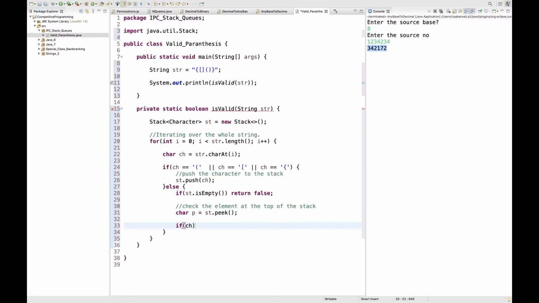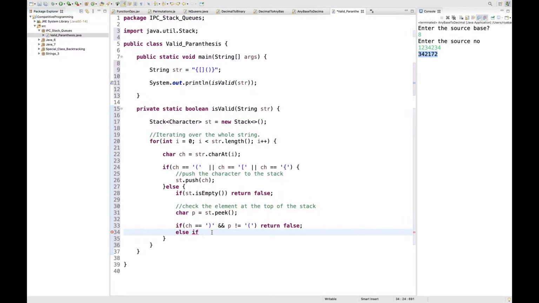Then if the current character that you are looking at is this, and the character at the top of the stack is not equal to this, then I simply return false. Else if, I am checking the negation conditions here.